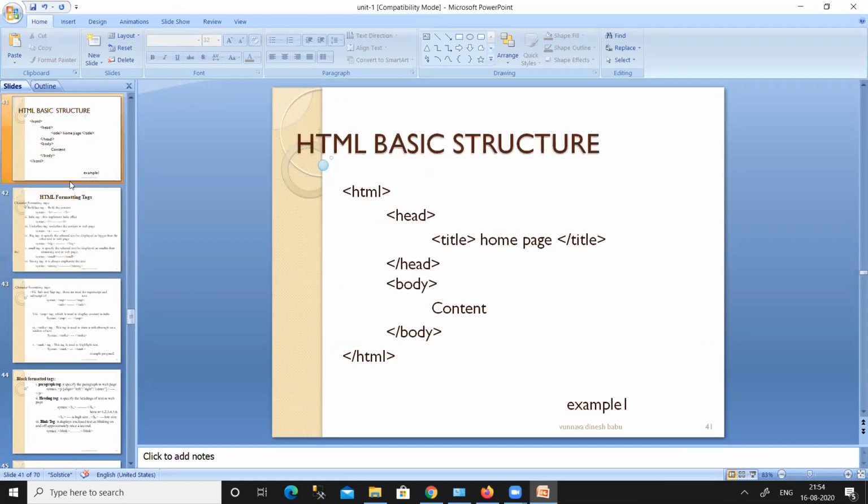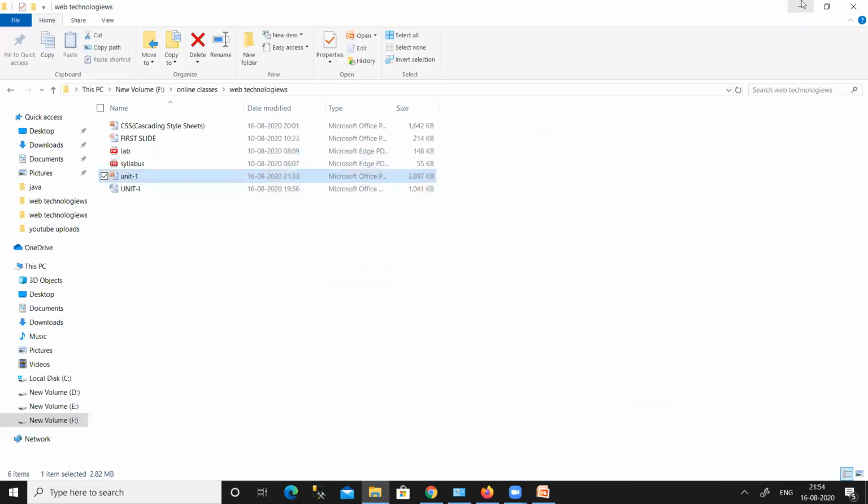So here I will show one example which will represent all the basic structure of an HTML page, and then I will try to add some tags to the basic structure, and let us see what will be the output of all those tags. So let us